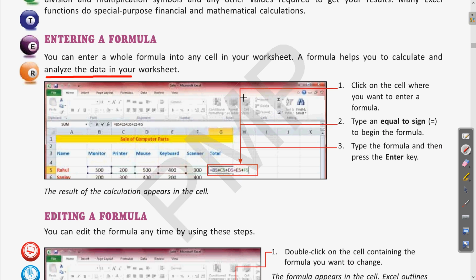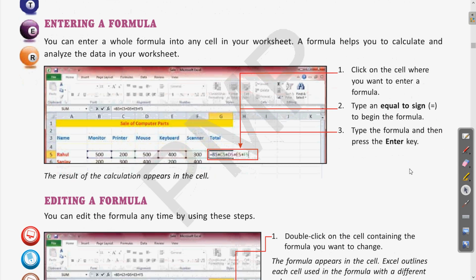Clear? Now let us follow some steps and see practically how we use this formula. So the first step is: click on the cell where you want to enter a formula. Clear?